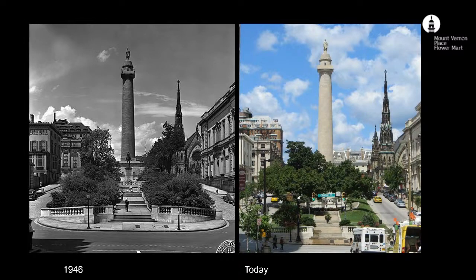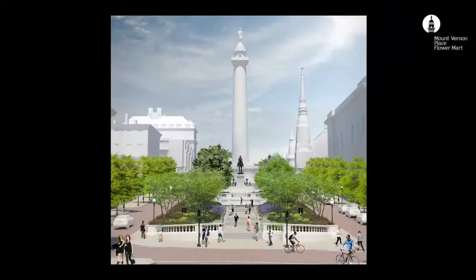So this is kind of what we're looking at today. And so the Conservancy, one of our charges is to think about a long-term plan for the restoration of Mount Vernon Place. We've restored the Washington Monument. But our next step would be to restore the North and South Squares. And so we have developed plans that would kind of reinstate that earlier late Olmsted, early Carrère and Hastings period